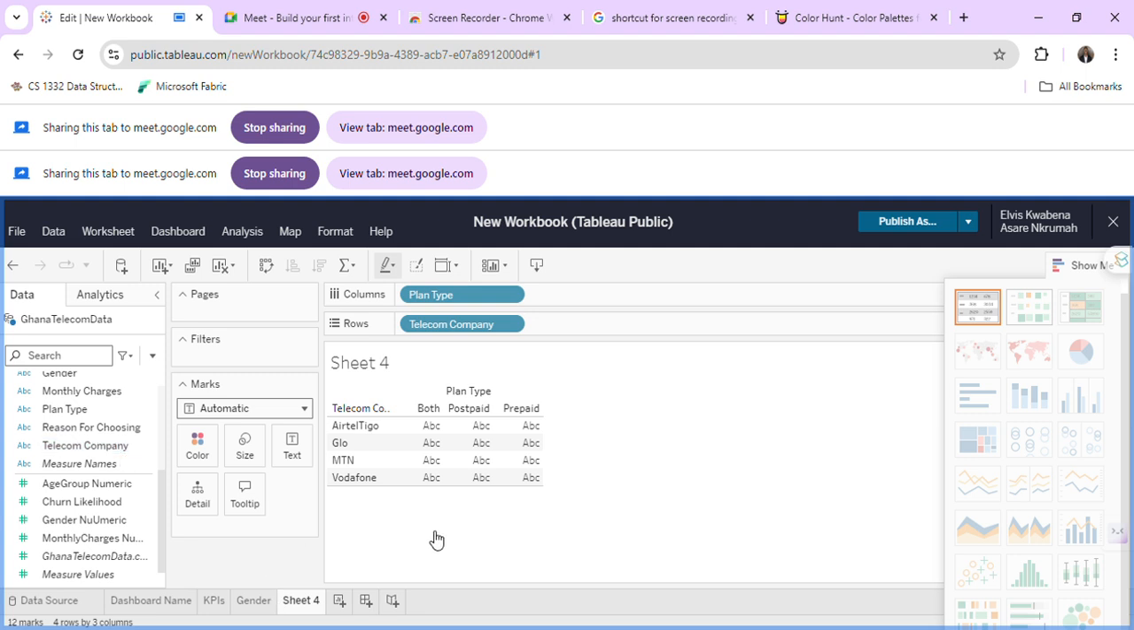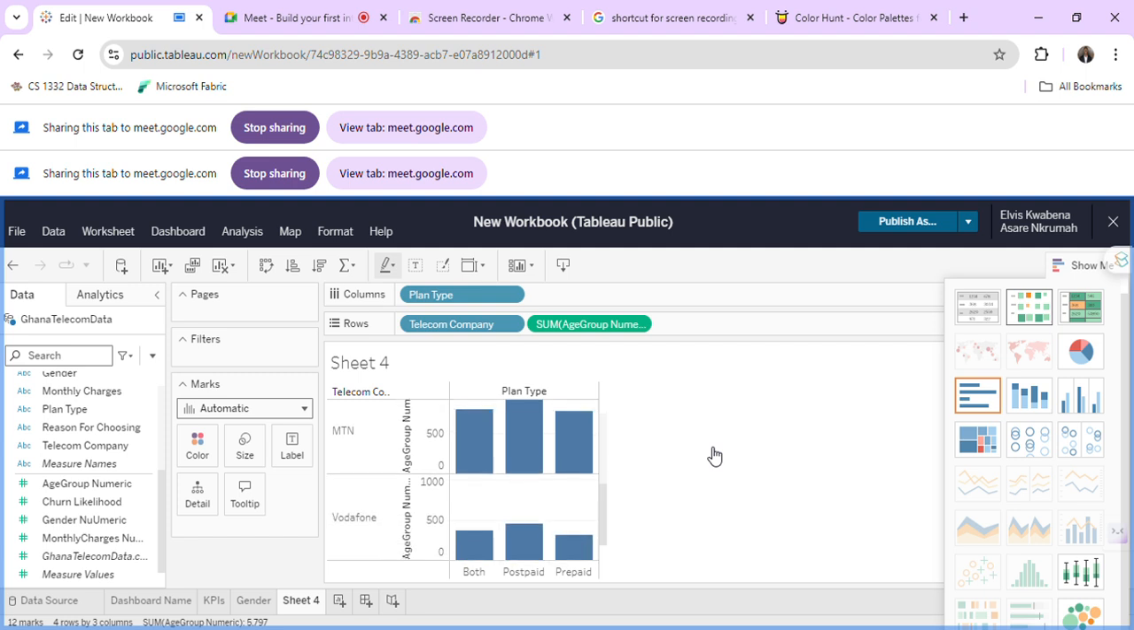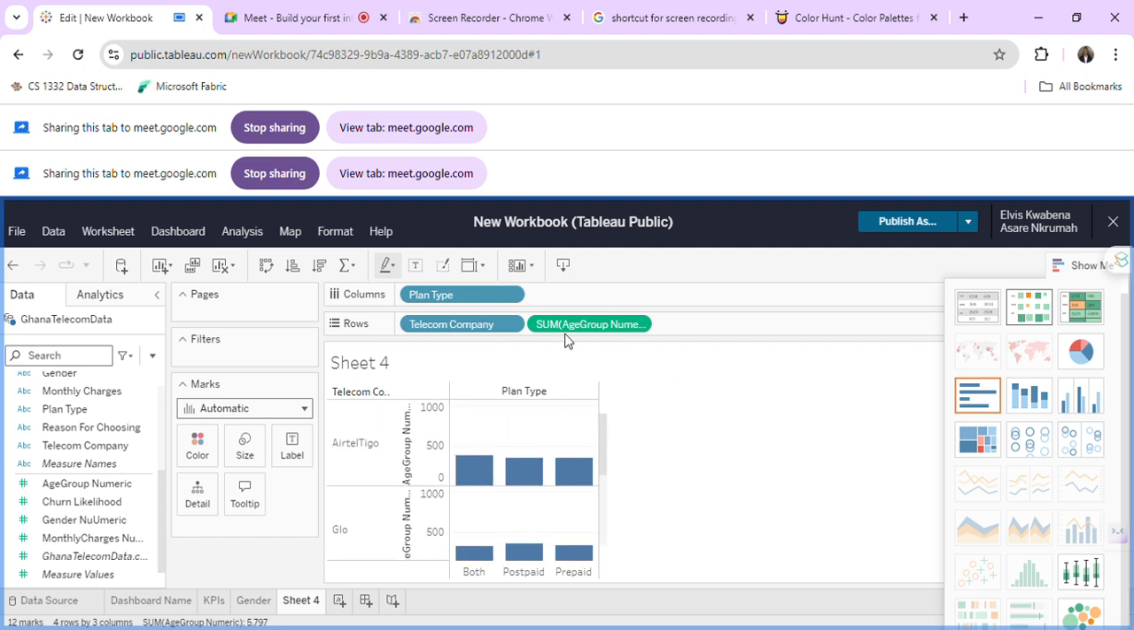So for a particular network, which plan type do individuals like using a lot? That's what this KPI I would like to use. Now we would want to feed it with data so that we can see the numbers for that particular site. Good. Now these are the available charts. So for MTN, you are seeing the